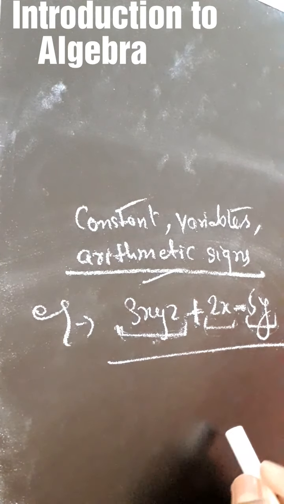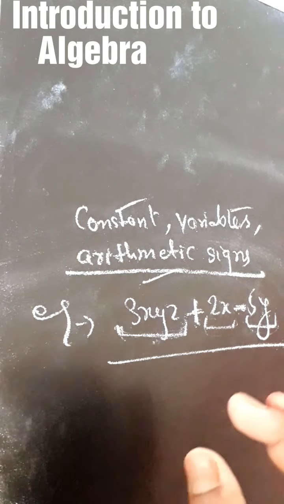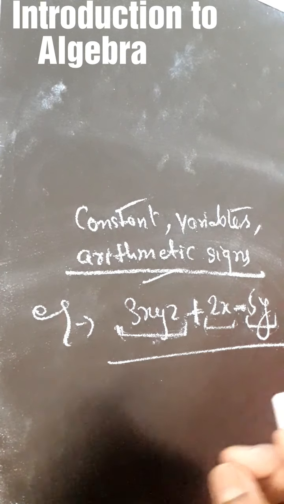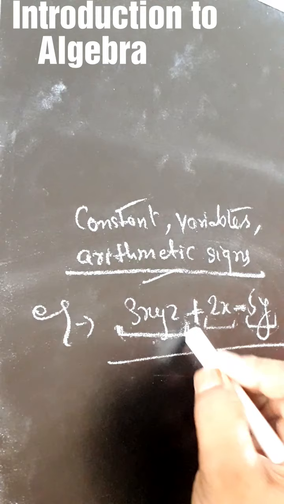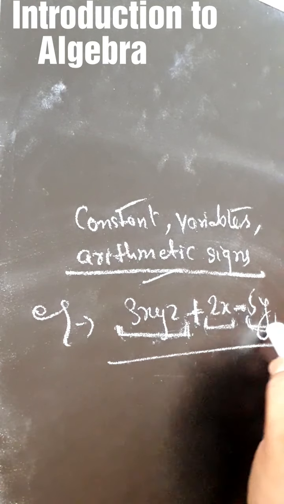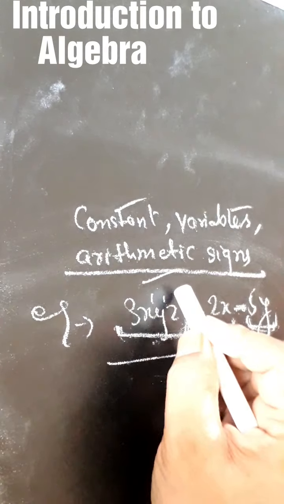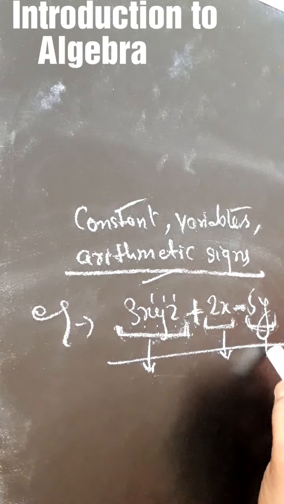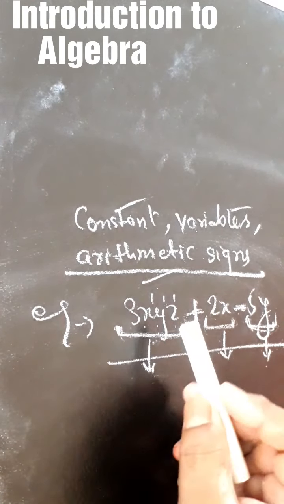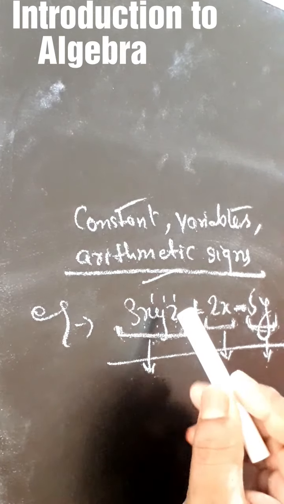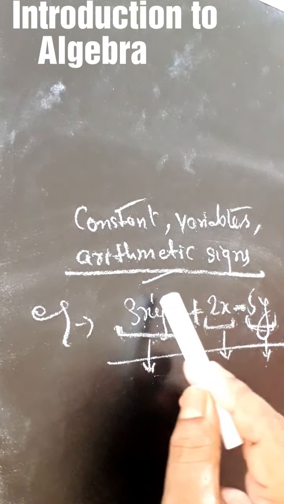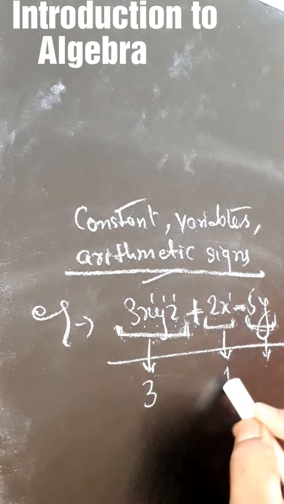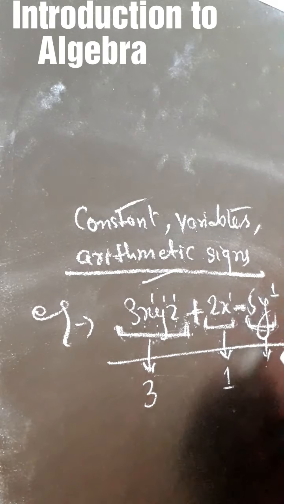Now, we will see what are the degrees of the terms of polynomial. Here this is one term, this is second term, this is third term. The combination of powers of the variables of each term is called the degree of that term. If we talk about this term, it has variables x, y and z. If we add the powers of this x, y and z, 1 plus 1 plus 1, we get 3 here. It has only x with one power, its degree is 1. It has y with power 1, its degree is 1.